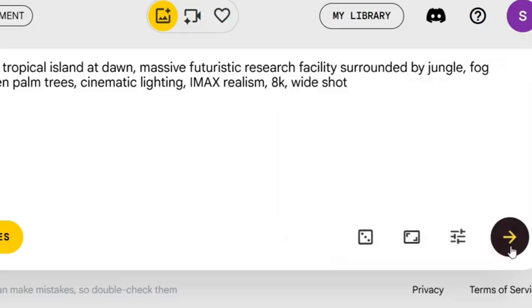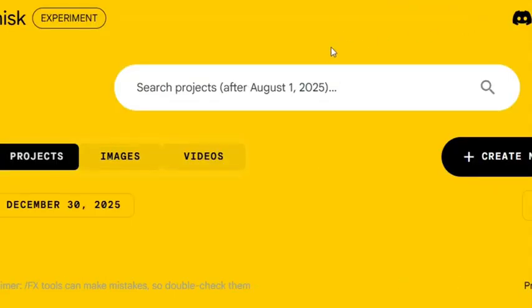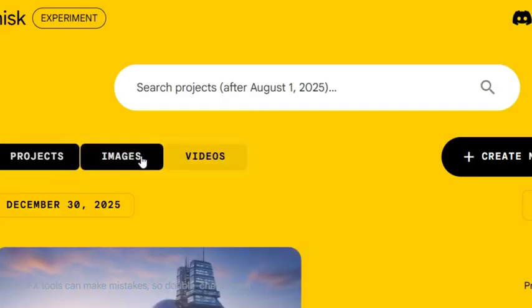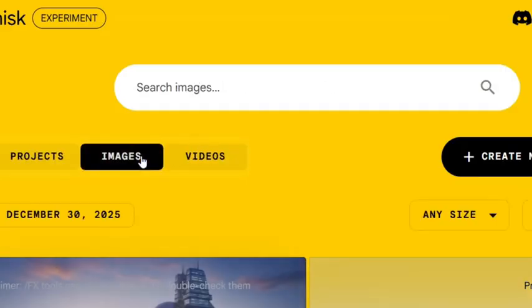Now the next thing I'll have to do is to click on generate here. And when I click on generate, it's going to start generating my images. And you're going to see the image in less than 1 minute. Now, when I go back to my library here, I click on my library. All the images I've generated for all the video scenes. Now, when I come back to images here, you are going to see it here.